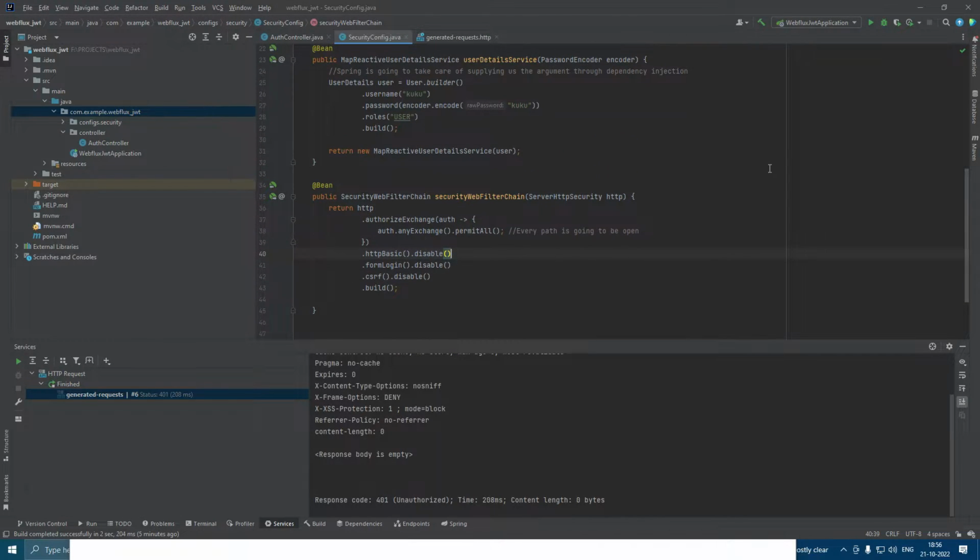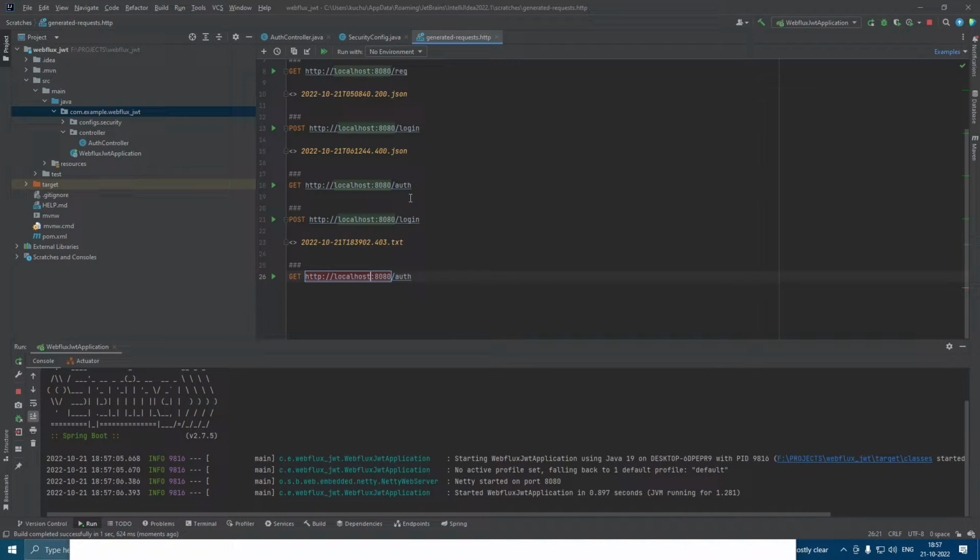Okay, perfect, right? So what we did is we opened up every single path, and then we are disabling the HTTP basic authentication, we are disabling the form login, we are disabling the CSRF, and then at the very end we are building it. So if you run this, and now we try to go to our auth endpoint,